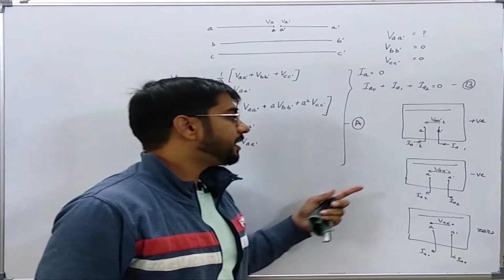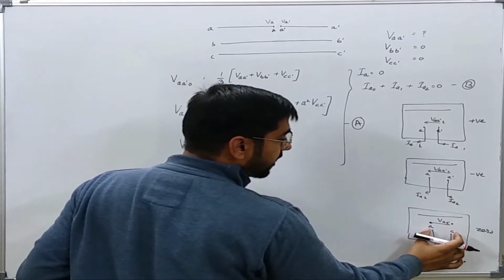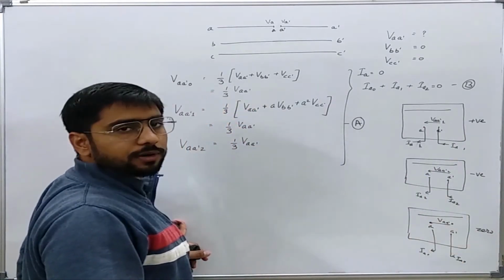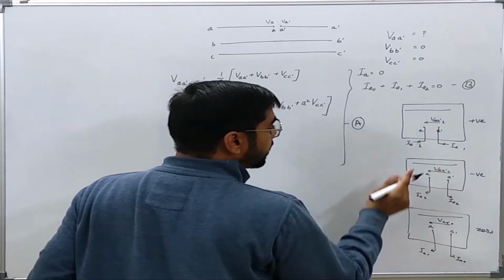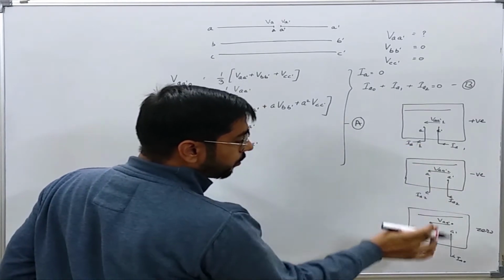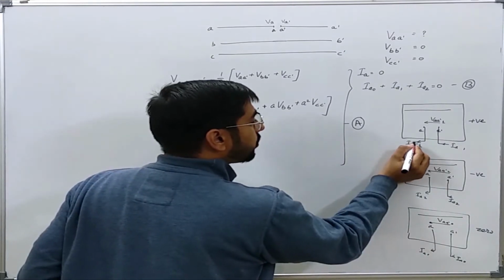Now let us connect them. We know that this voltage is equal to this voltage and this voltage is equal to this voltage. All are equal, so we will have to connect them in parallel. Similarly, IA1, IA2 and IA0, these all are adding into 0. So this shows us